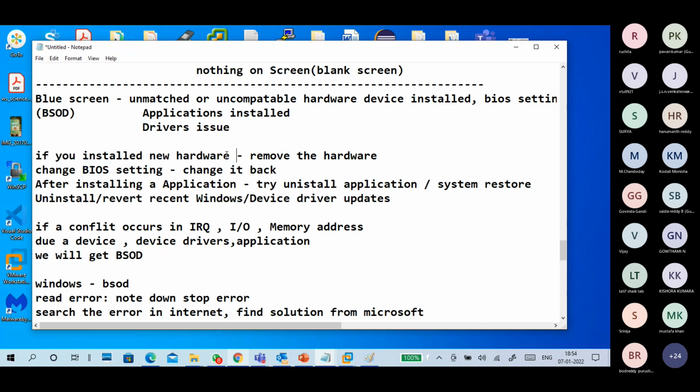Remove the new hardware. If you installed new hardware, remove it. If you made any changes in the BIOS setting, change it back first. Next, if you got a BSOD because of an application, uninstall that application or use system restore to revert it back. Uninstall or revert any recent Windows updates or driver updates.